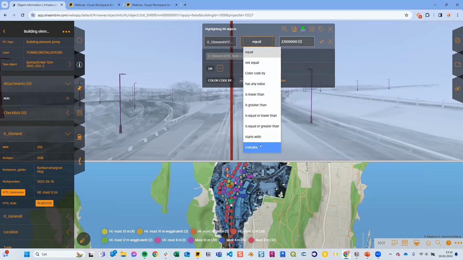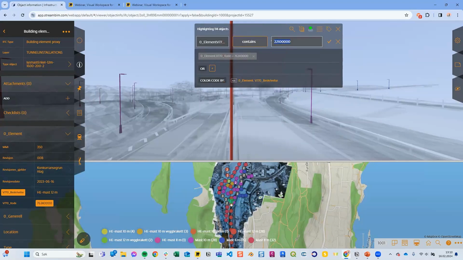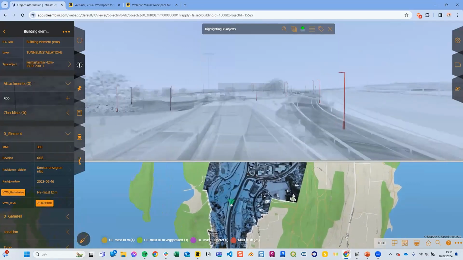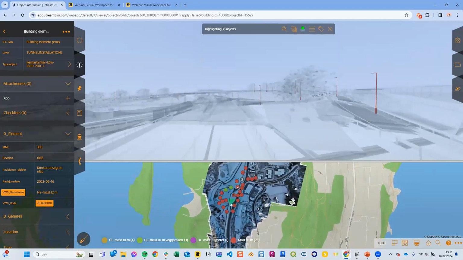So it should contain 10. The value of this tag down here should involve 10, and I click yes, accept, and then you see there's 36 objects left in the filter. All these are 10-meter poles.